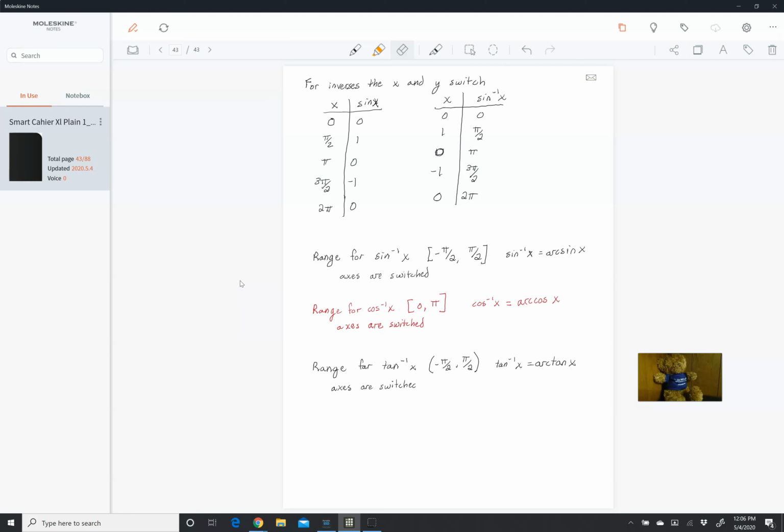It's not enough to say the range, because the range wouldn't distinguish between arcsine and arctangent, but it has asymptotes. And this is the only inverse function that has asymptotes, okay? So what does this mean? In terms of exact values, okay,